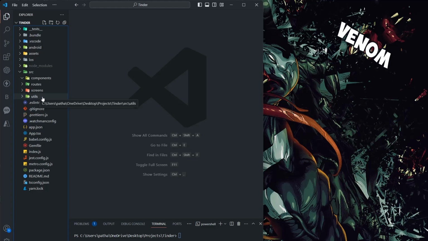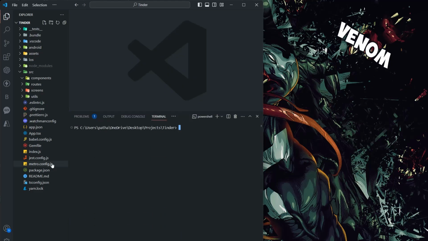So if you want to use anything, these things you can store it in utils. Okay, you got an idea, right? Perfect. Now, directly starting the emulator, we need a few packages, right? Basically, to use packages, we want to